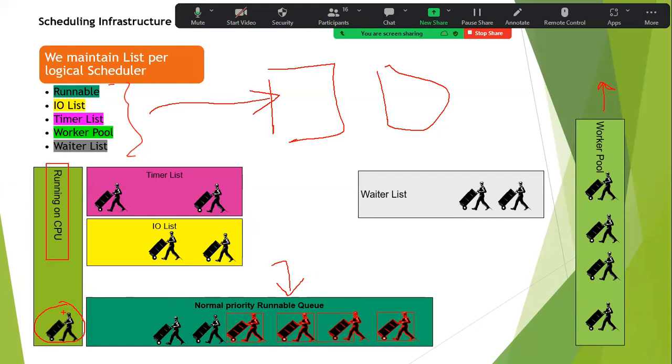The thread will come out of the CPU, and it will give a signal to the thread which is in the runnable queue. It will be giving a signal, right? So I'm coming out of the CPU, you go ahead and execute on the CPU. So that signal it will give. Once it receives the signal, the thread at the head of the runnable queue will go and execute